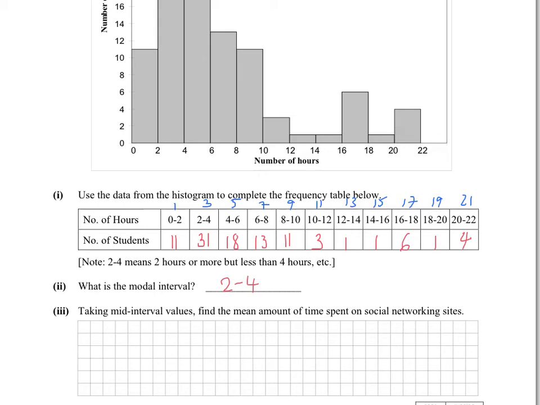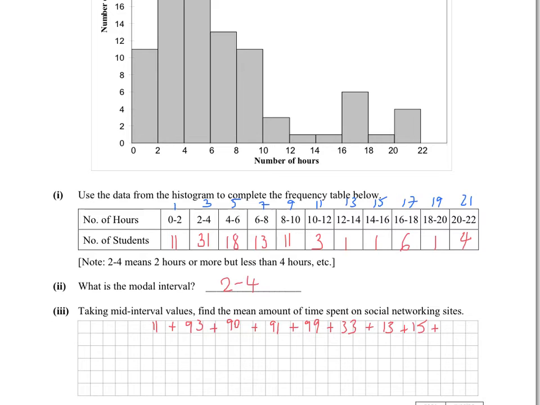They're not giving me much space to do all of this, so I'm going to just write down the key information. 1 times 11 is 11, 3 times 31 is 93, 5 times 18 is 90, 7 times 13 is 91, 9 times 11 is 99, 11 times 3 is 33, 13 times 1, 15 times 1,